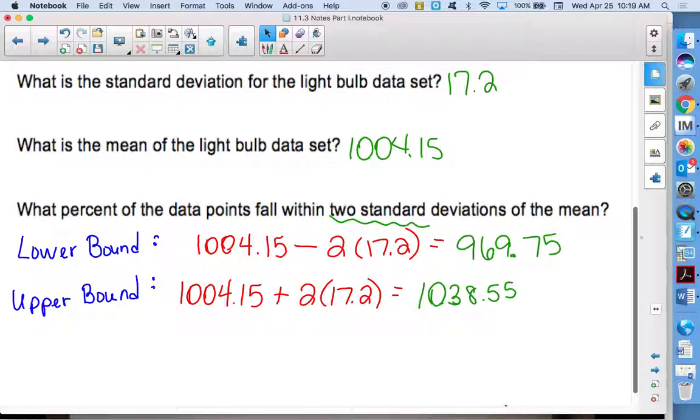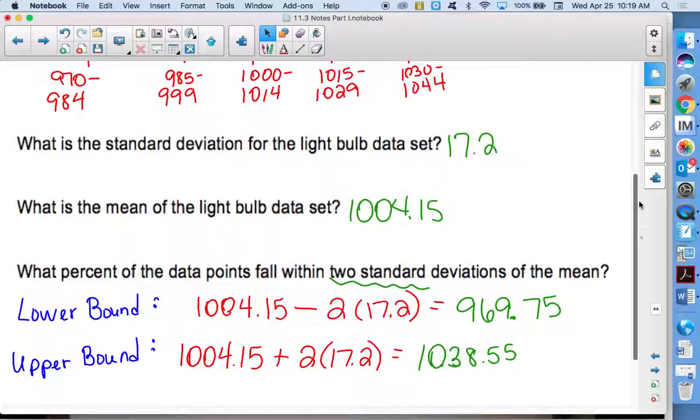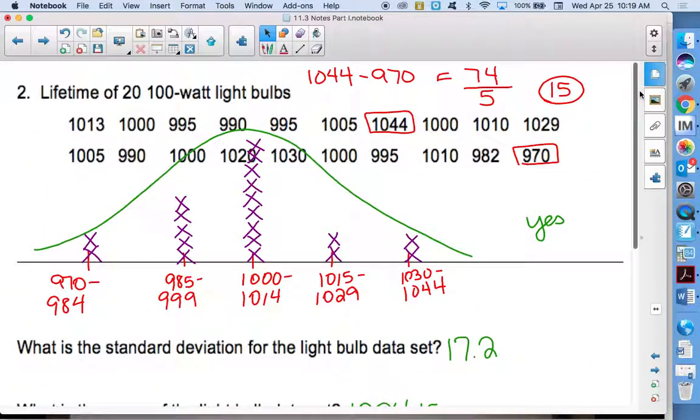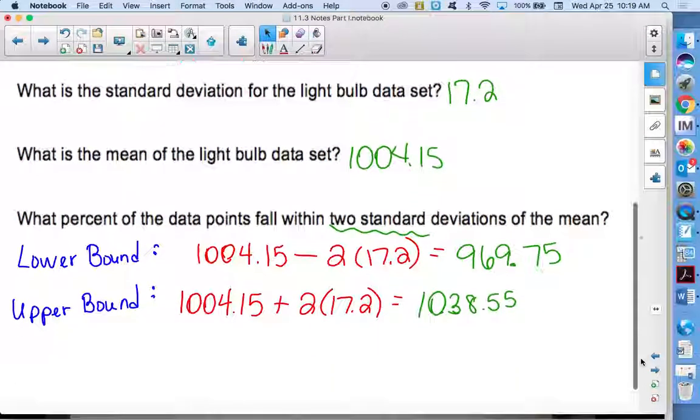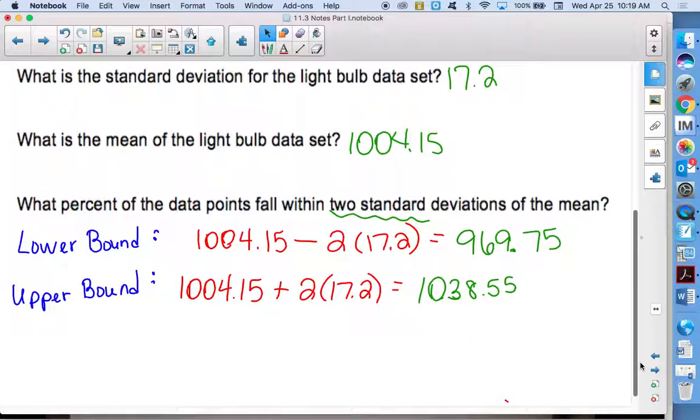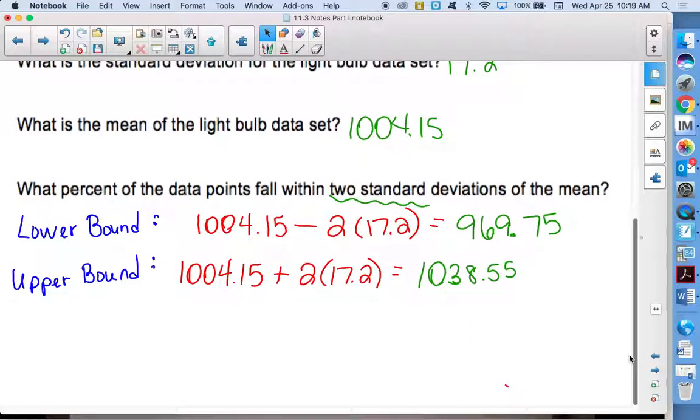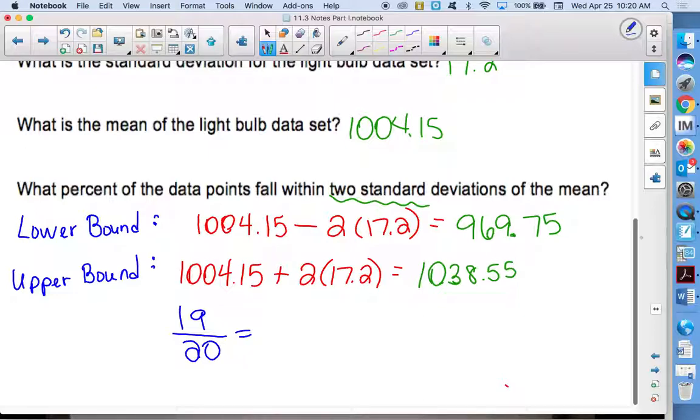That's what the question is asking. So what percent of the data falls within 2 standard deviations of the mean? Well, these 2 numbers represent 2 standard deviations from the mean. So if you look at your numbers in the chart, way above here, how many of the numbers in the chart are in between 969.75, 970-ish, and 1038.55? Caitlin, are you raising your hand? Okay. But 19. So Caitlin says 19 out of 20 numbers, and 19 out of 20 as a percentage is